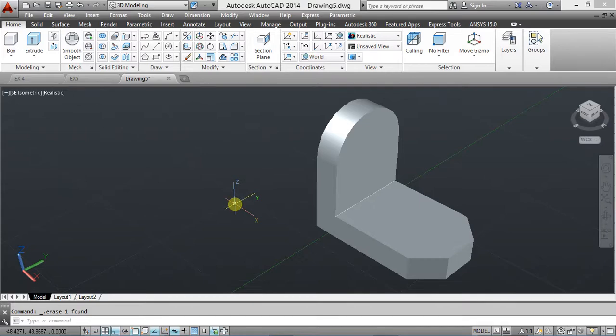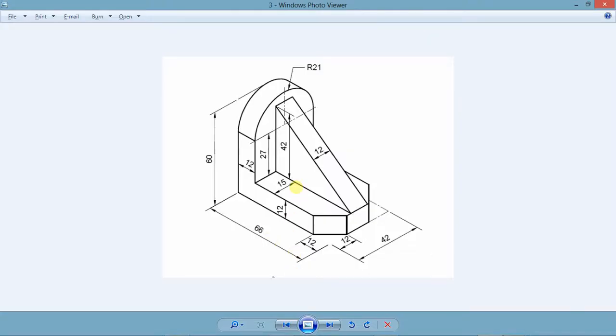Okay, now we are going to do this other portion, this rib at the middle. The height of that rib is 42, and from this side the total distance is 66 minus 12 here. Okay, 66 minus 12, we have 54. Okay, and we are going to draw